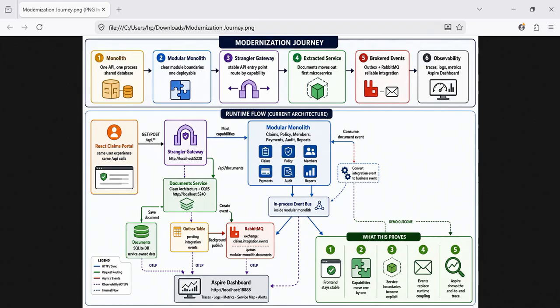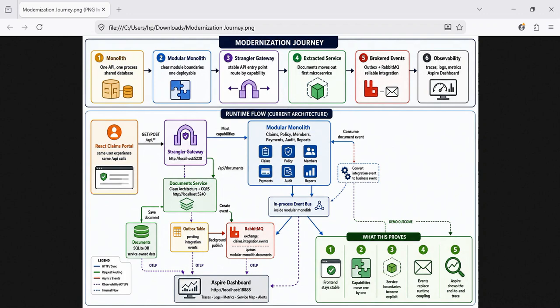Instead of immediately breaking the application into microservices, we first transform the monolith into a modular monolith, which means that modules like claims, policies, members, payments, documents, audits, and reports get structured into their own modular structure. Each module has its own responsibilities and boundaries. This is an important modernization step, because it helps us identify the correct service boundaries before physically extracting the service. And then we go to the next step, which is stage 3,